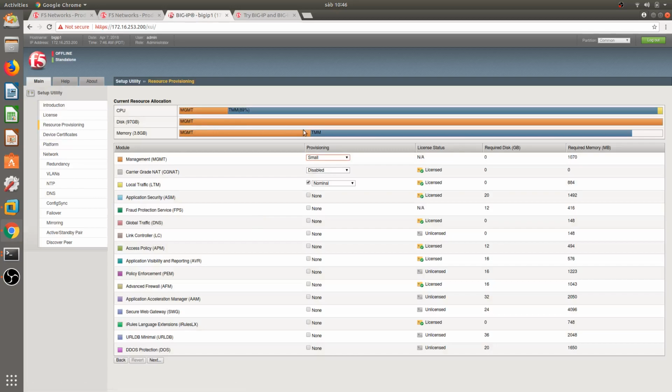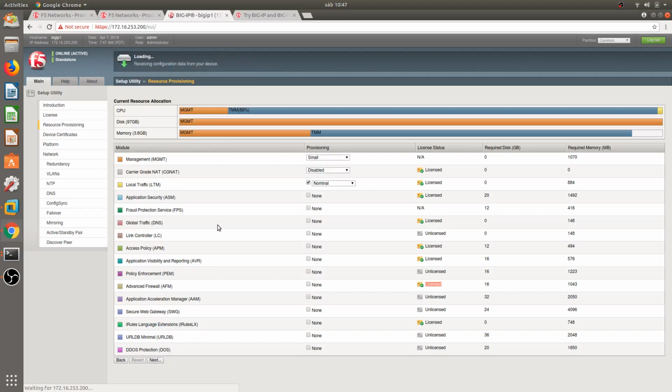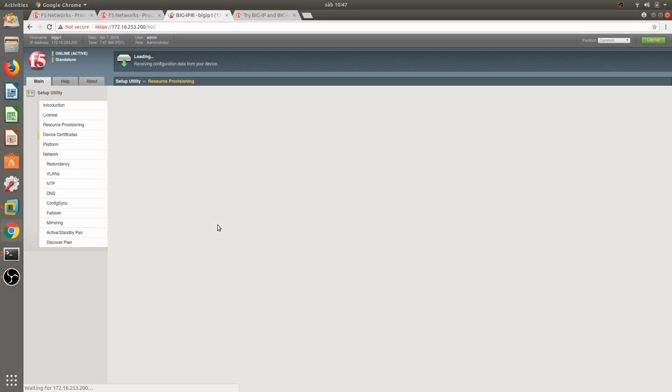The next step is the provisioning. I want to use this device for LTM. Remember that this is a BIG-IP device, so it can be licensed for quite a lot of different modules, like global traffic, which is GTM, DNS, ASM, which is the web application firewall, AFM, which is the firewall from F5, and so on. I'm going to try LTM, so I'm going to keep this as nominal. And next. All the BIG-IP devices by default think that they are LTM devices,